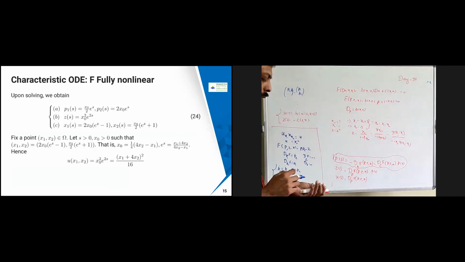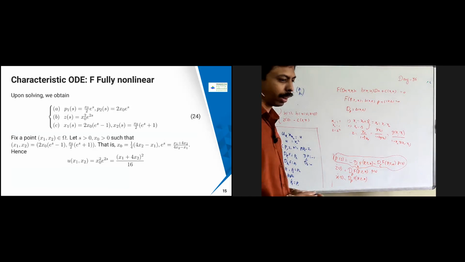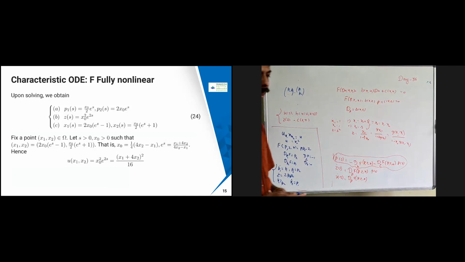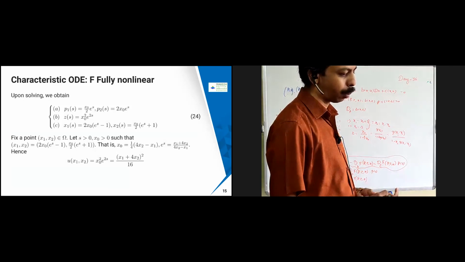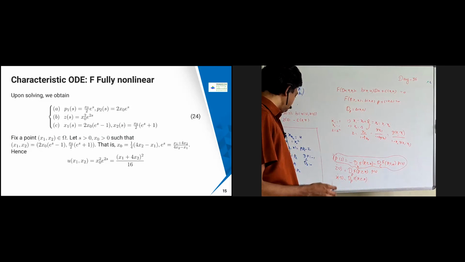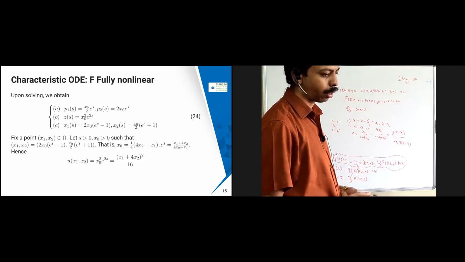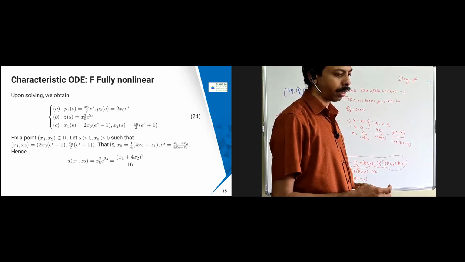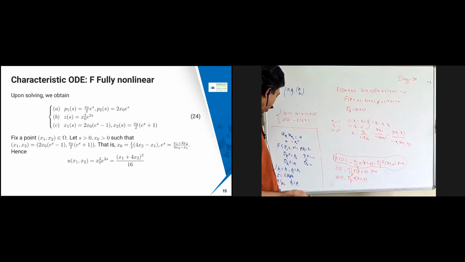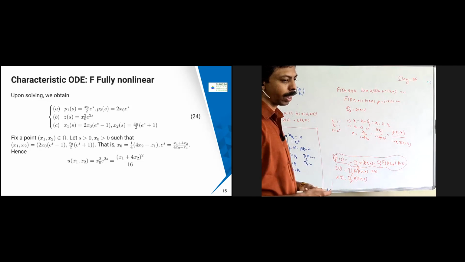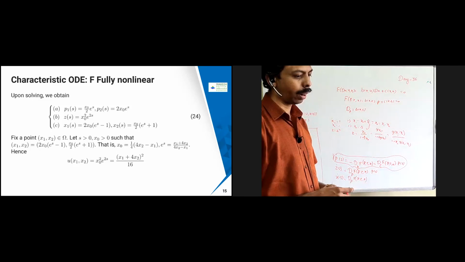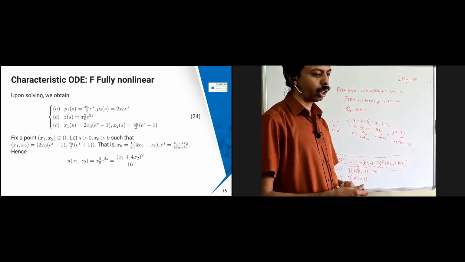Okay, so once again you can solve the system of ODE, then you are going to get the answer as x0 by 2 into e power s, 2x0 into e power s. Once again use the initial conditions here. So p1 is going to be x0 by 2 into e power s, and p2 is going to be 2x0 into e power s. And z is going to become p1 p2. So if you substitute that p1 from that, you are going to get x0 square, 2 will get cancelled, so you are going to get e power 2s. Similarly, you can find your x of s. So x1 of s is going to become 2x0 into e power s minus 1, and x2 is going to become x0 by 2 into e power s plus 1 square.